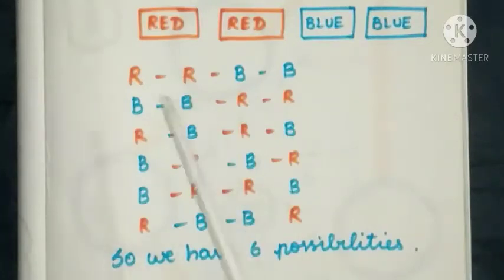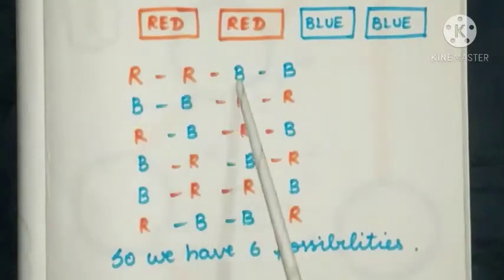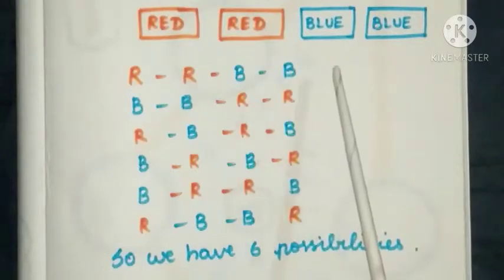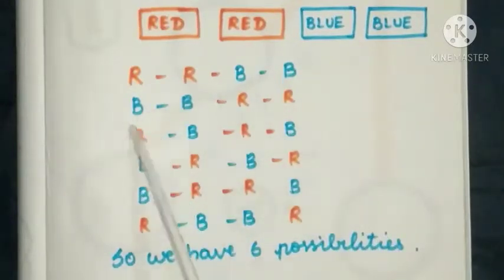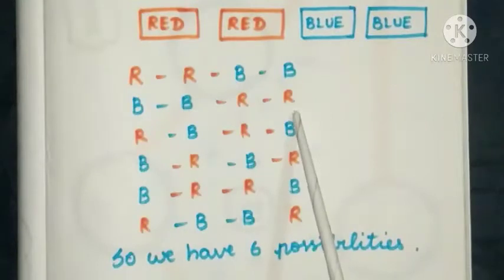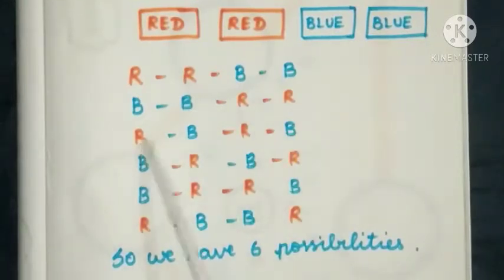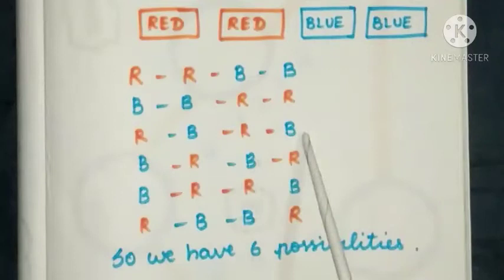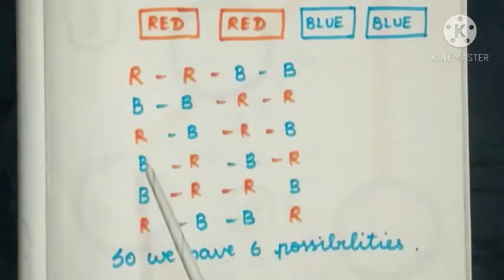Yes, by placing 2 red color blocks first, then 2 blue color blocks. Then change the colors: 2 blue color, then 2 red color. Then 1 red, 1 blue and 1 red, 1 blue. Then change the colors: blue, red. Then placing the blue color block first and last, and in the middle place the red color blocks. Then change the colors: red color block as first and last, then placing the blue color blocks in the middle.